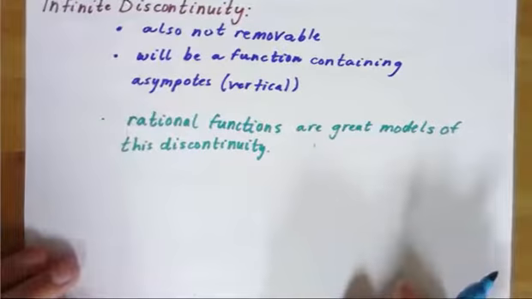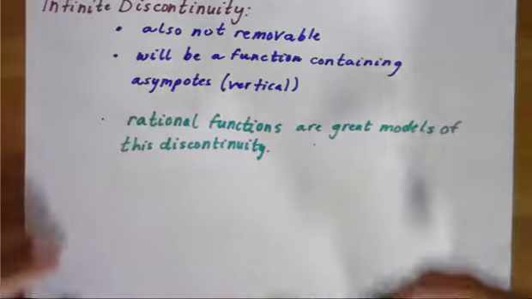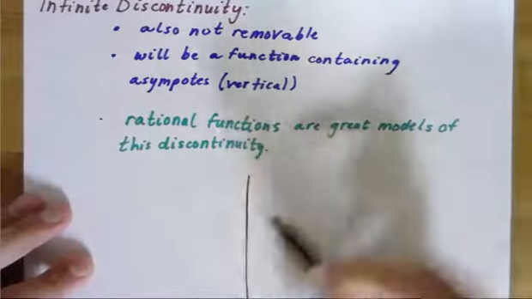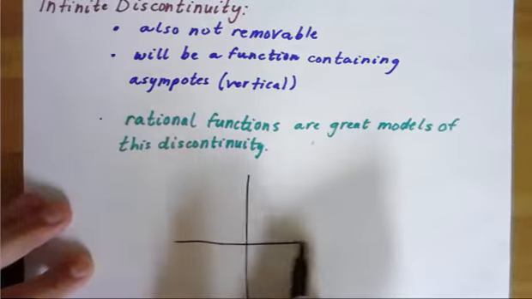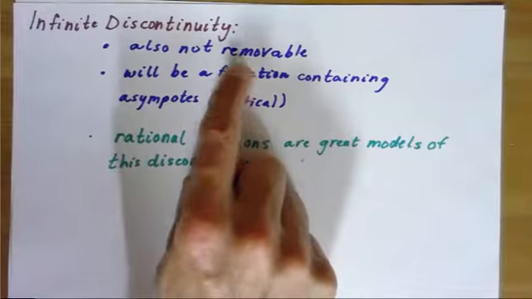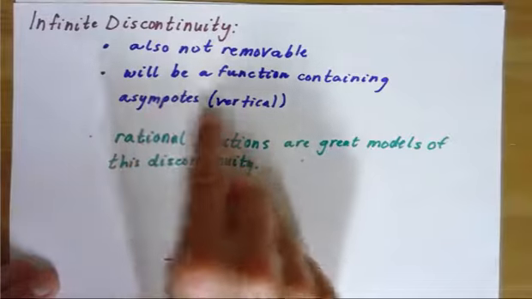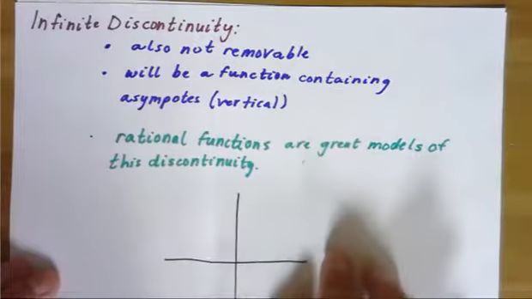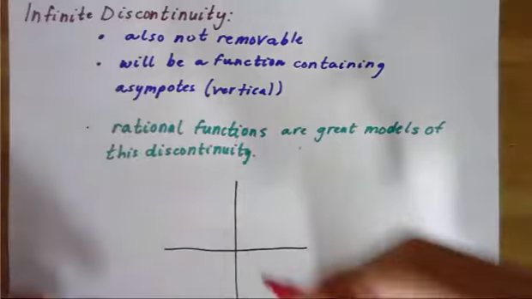And lastly, the infinite discontinuity. Okay, and I have to draw that in. Infinite discontinuity is also not removable, just like jump discontinuity is. It will be for functions containing asymptotes. And a good model of this is rational functions. Say we have like one,